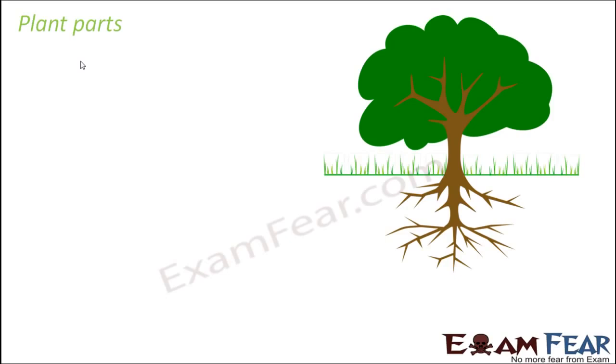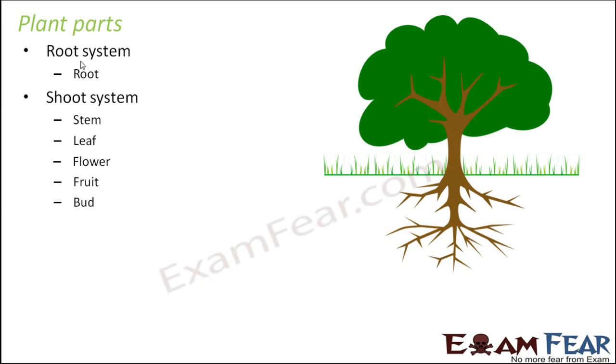Now we will start from the broader perspective. So broadly, any plant I talk about can be divided into two systems. One is the root system and the other is the shoot system. This is something very basic, and all of us have been studying this for years, right? Since we were in class 3 or 4 when we actually started studying science, we have been studying about the root system and the shoot system, right? But still we will start from the basics so that we do not have any doubts in our mind